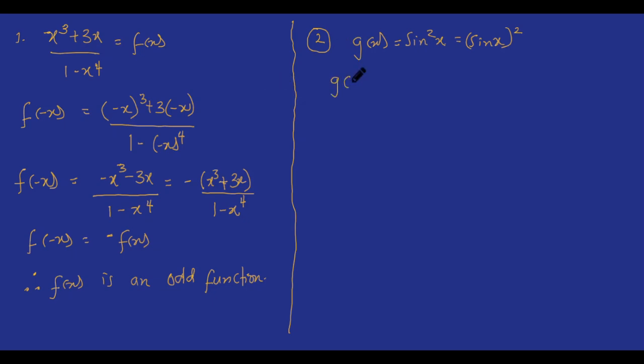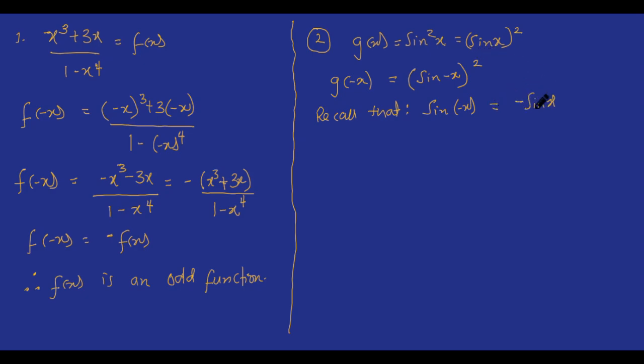Therefore, when we find g of minus x, we have sine of minus x all squared. Let's recall that sine of minus x is the same thing as minus sine of x